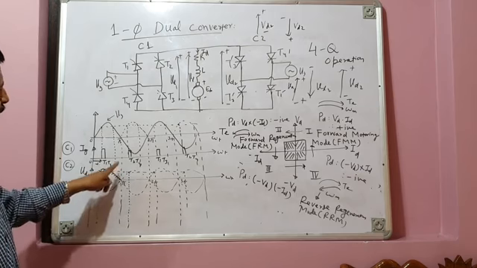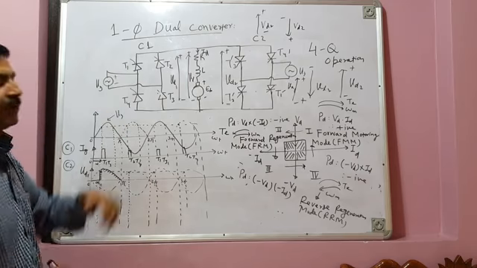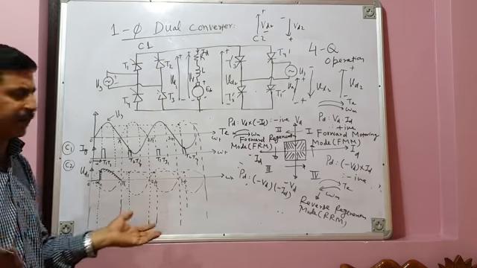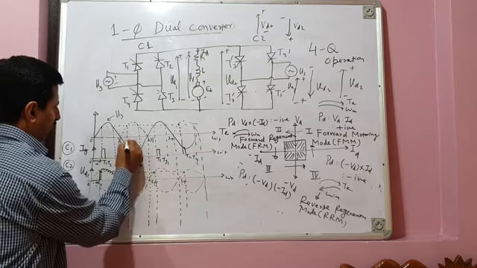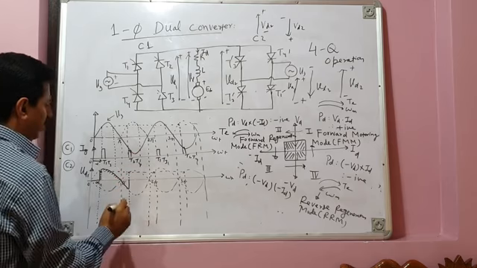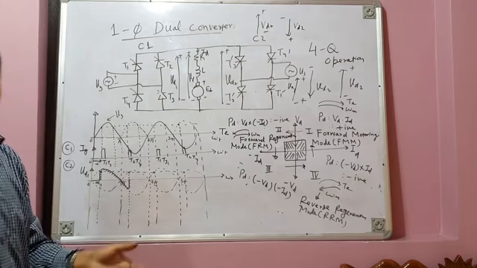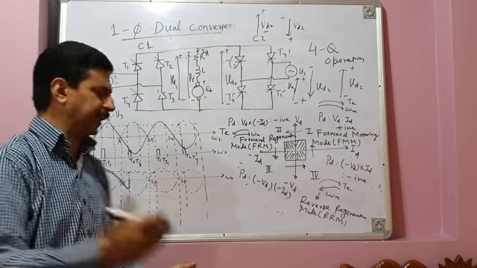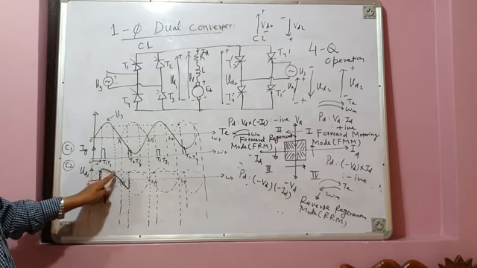And then negative half cycle of source voltage will come, but T1 and T3 will continue to conduct, as we already know, up to the next instant of firing. This is the next instant of firing, pi plus alpha. So from pi to pi plus alpha, the load will receive a negative segment of source voltage. We already know it. I don't need to explain it again and again. Therefore, from alpha to pi, load voltage is positive. From pi to pi plus alpha, it is a small segment of negative voltage.